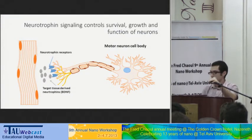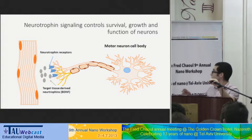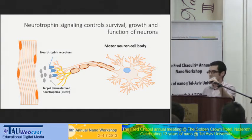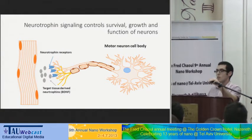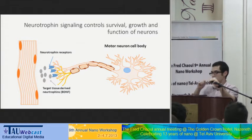So our lab is interested in molecular mechanisms of neuronal communication, and specifically in motor neurons. These neurons are special because they form the longest cell in the body, emanating from the spinal cord of the vertebrate and into the target muscle. We mainly know their role in activating the muscle via neuronal signaling, but they also receive important signals from their targeted tissue in the form of secreted proteins, known as neurotrophins. One of these is BDNF, the brain-derived neurotrophic factor, which is picked up by specific cell surface receptors